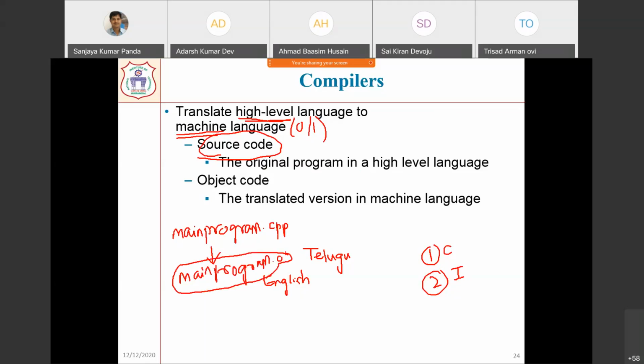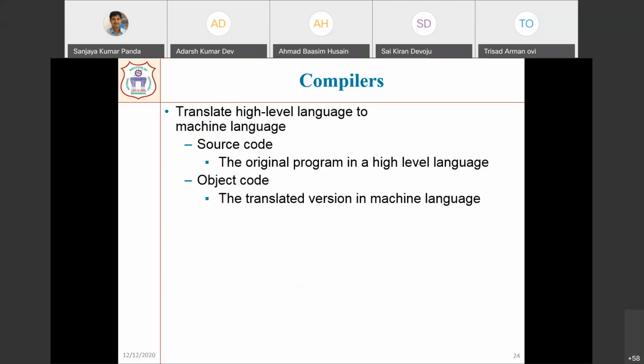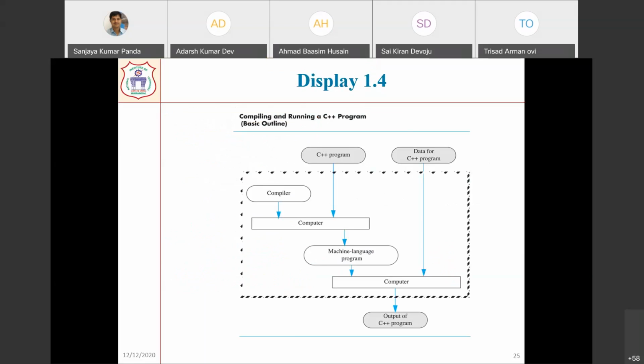Understanding at this point? So object code is nothing but the translated version in machine language. Whatever high level language you have written in this file is converted to machine language and stored in the object code, the object file, so that the computer can understand what is written. Now you can see here what we are doing. There is a compiler. Instead of a compiler, you can also use an interpreter. The compiler is there in the computer, and you have